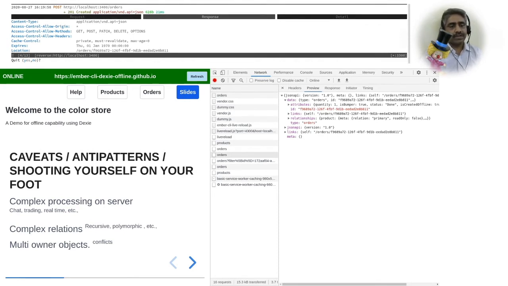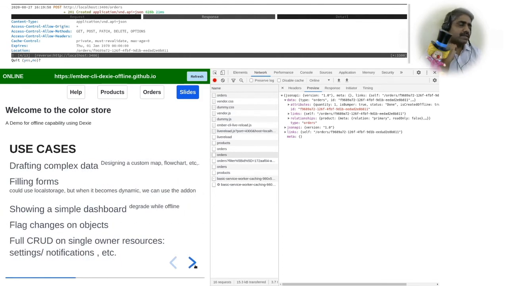Basically, this is an add-on which is still in the works, and I have not gone into a case where we needed to support polymorphic relations. And also, if there are multi-owner objects, then there is always a possibility of conflicts. We don't want to enter into conflicts and make our life tougher, and I don't think this add-on gives any support for that either. This add-on does not support conflict resolution. So that being said, what is the good path for this add-on? What are all the use cases that can be solved by using this add-on?